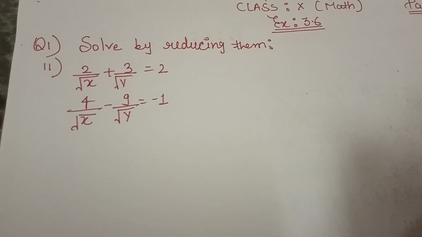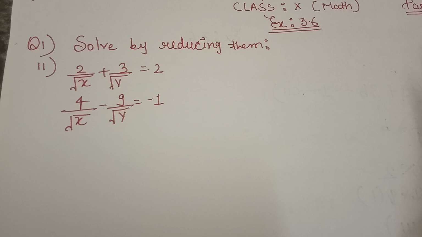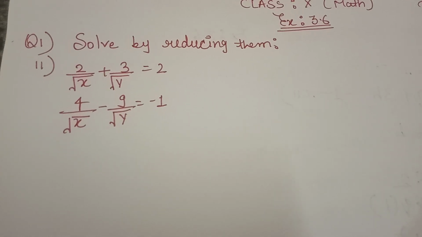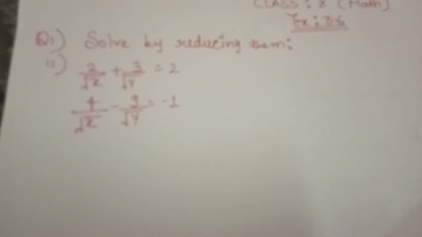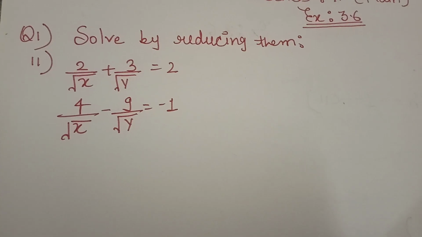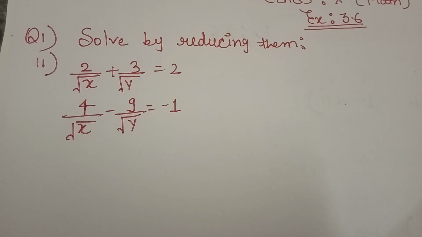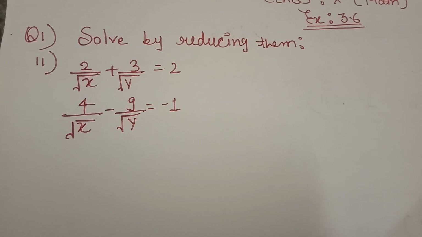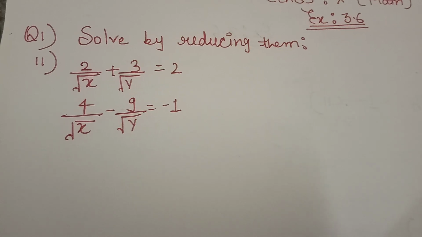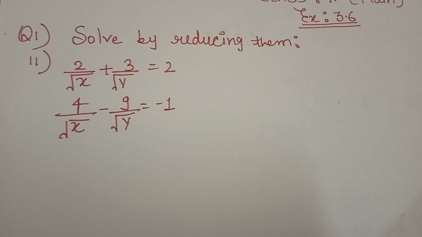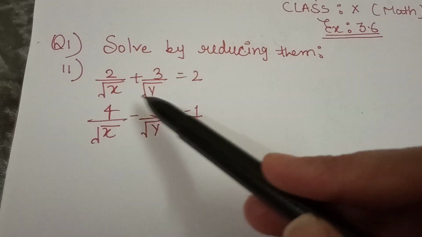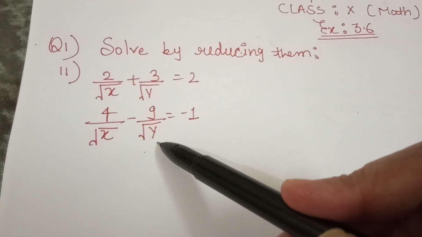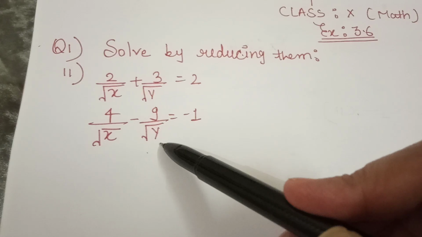So just to convert these equations into the standard form of a pair of linear equations, we will use a reducing method, and for the solution we will use any one of the three methods which we have done, but not any other method. There is no other method of solution of the equation. This is used only for converting these equations into the standard form of a pair of linear equations.